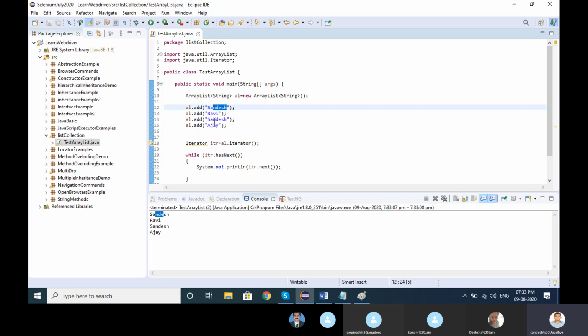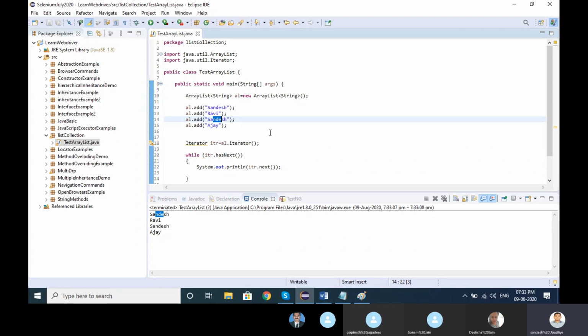The first thumb rule when we go with ArrayList. The second thumb rule is insertion order: whatever insertion order we give, Sandesh, Ravi, Sandesh, Ajay, that insertion order comes out as it is. First thumb rule, duplicate elements we can add.